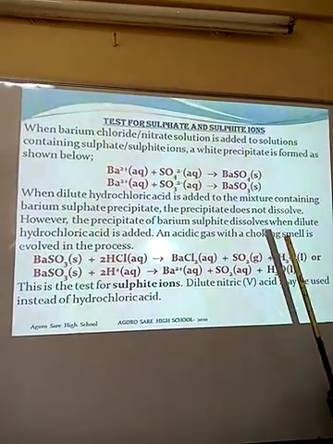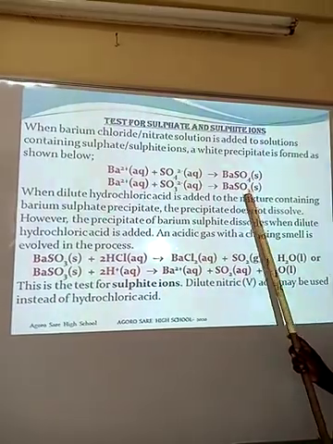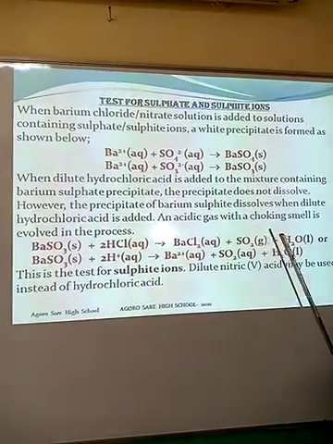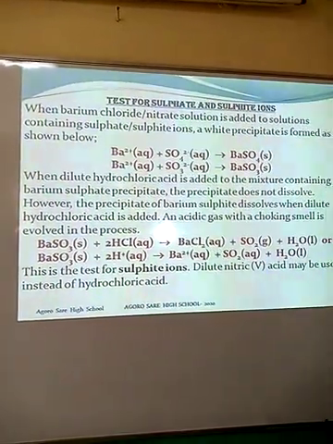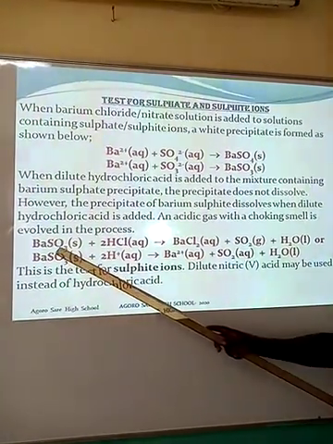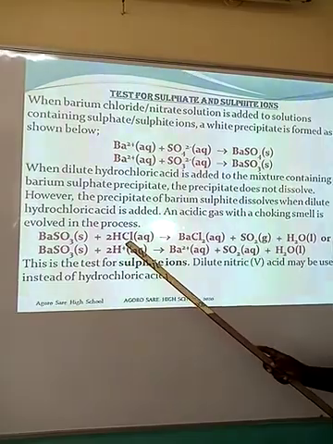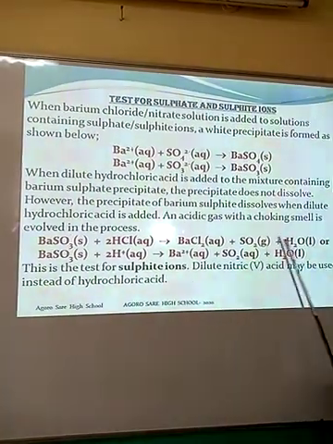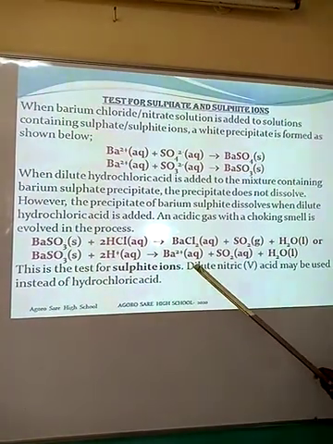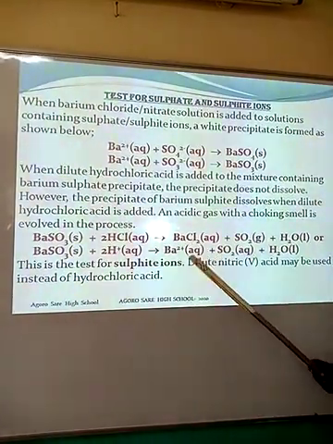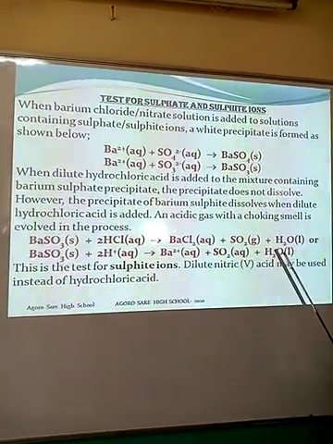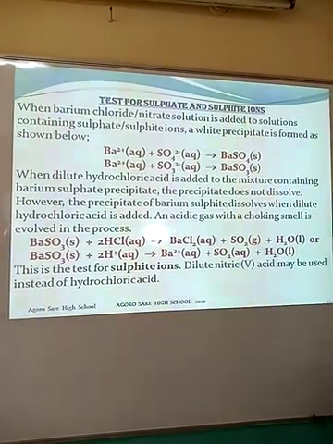But if it was barium sulfite in solution, and you add hydrochloric acid, the hydrochloric acid will react with the sulfite. Remember, acids react with sulfites to produce sulfur 4 oxide. So in this case, if you react barium sulfite with hydrochloric acid, you get barium chloride, sulfur 4 oxide, and water. This is the ionic equation of the reaction, where we have barium ions, sulfate ions, sulfur 4 oxide, and also water. This is now the ionic equation for the reaction shown there.